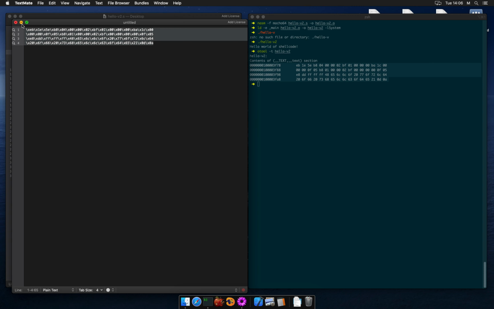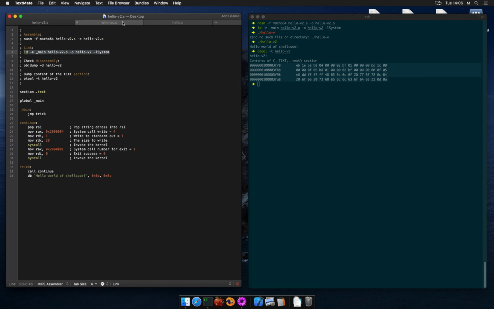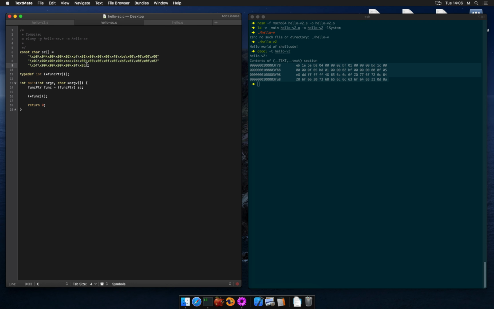Let's plug it into the C code wrapper and check what's happening. The new shellcode is a bit larger, but there's only a small difference. It doesn't matter. Okay, a quick format.